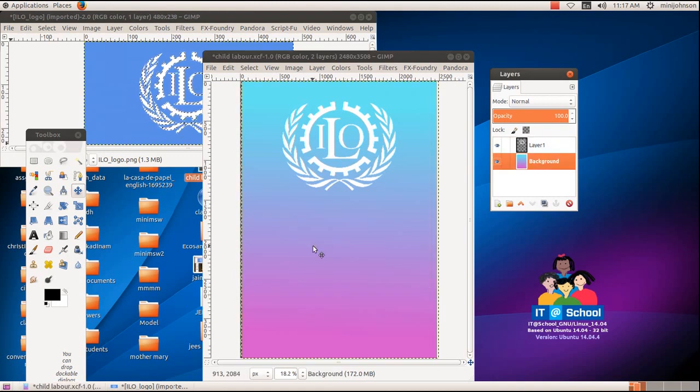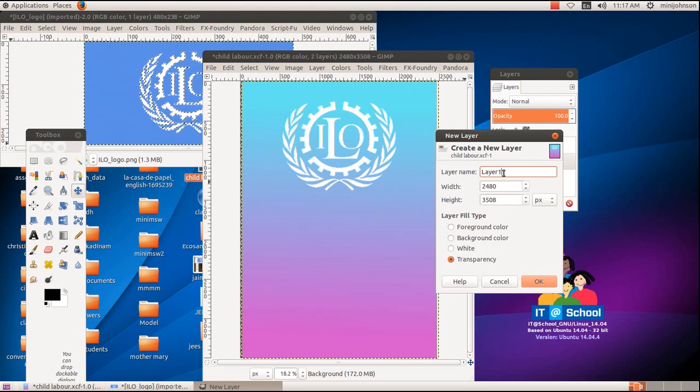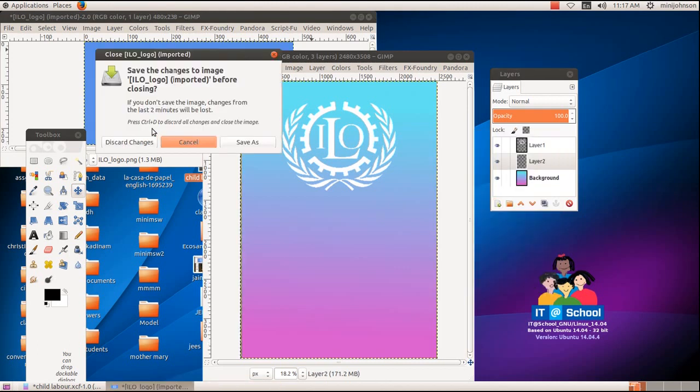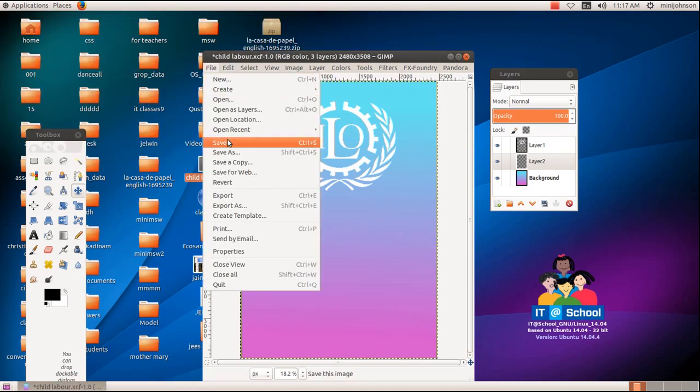And again, the next I need one more layer, so click on new layer, then here select 2 or type 2 as the layer name, click on OK, then same procedure we can do.